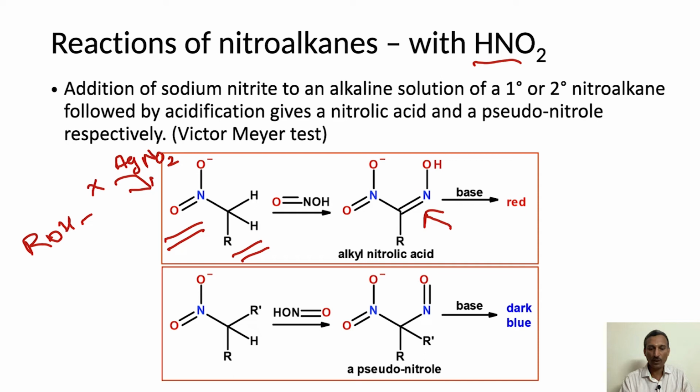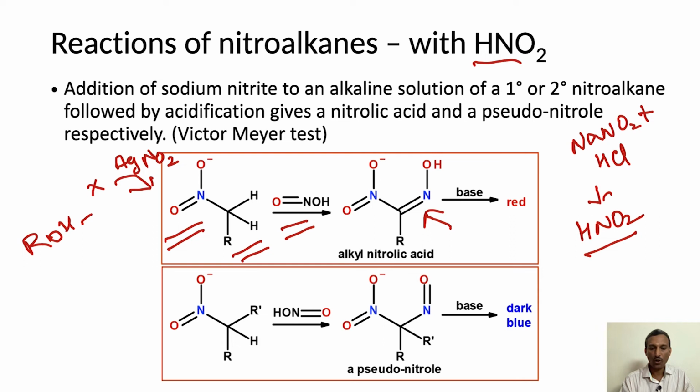So in this particular case, the nitro compound reacts with nitrous acid. So the last step is the reaction of sodium nitrite with the HCl. NaNO₂ and HCl both together react to produce HNO₂. So this is the reaction which is happening, and once the HNO₂ is formed, this HNO₂ will react with the